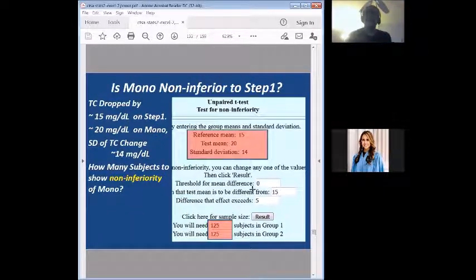This says 125, which, remember, is roughly what we had before. And when we said maybe the smallest difference of clinical interest is 5, you see, a difference that exceeds 5. So then you get 125. But